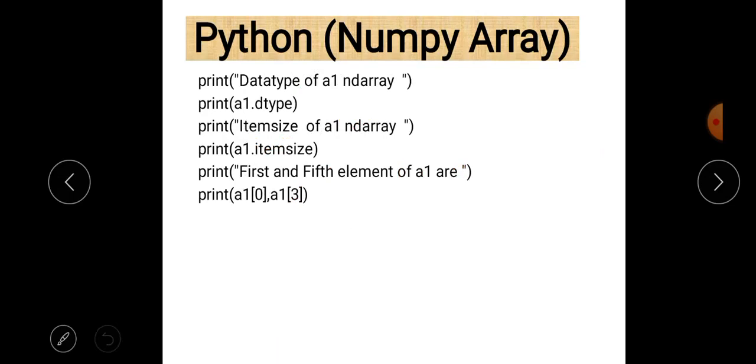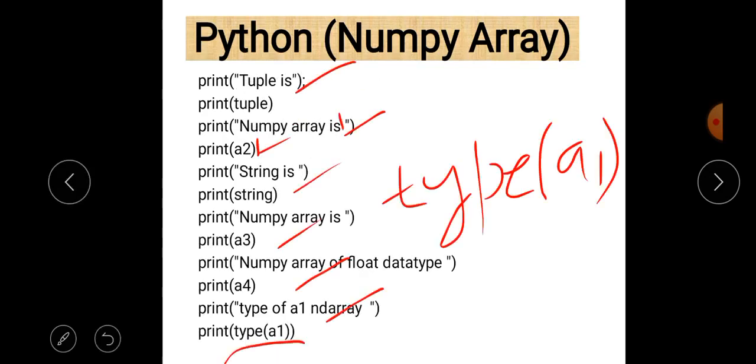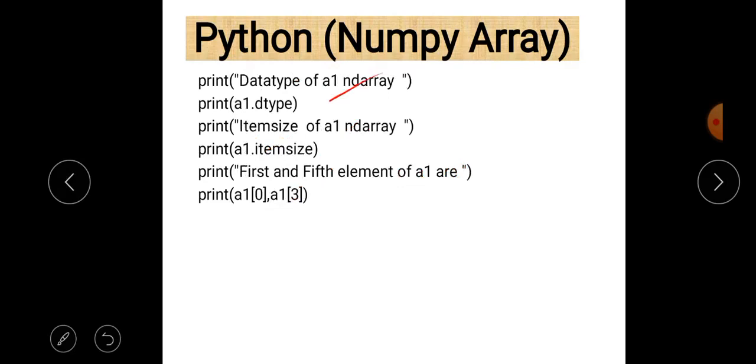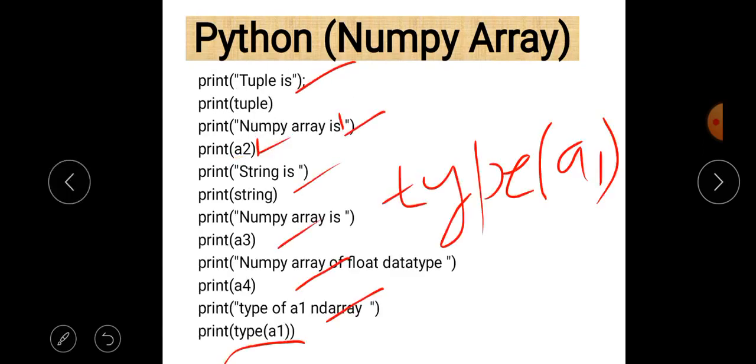And if you want to find the data type, then for that purpose dtype is here, and if you want to find the item size, then for that purpose use the name of the array dot itemsize, and the item size will be returned.